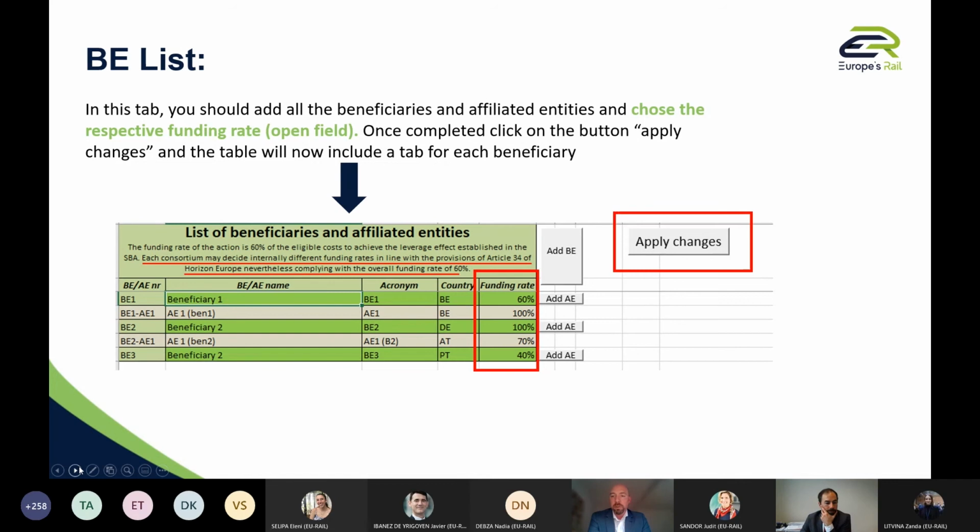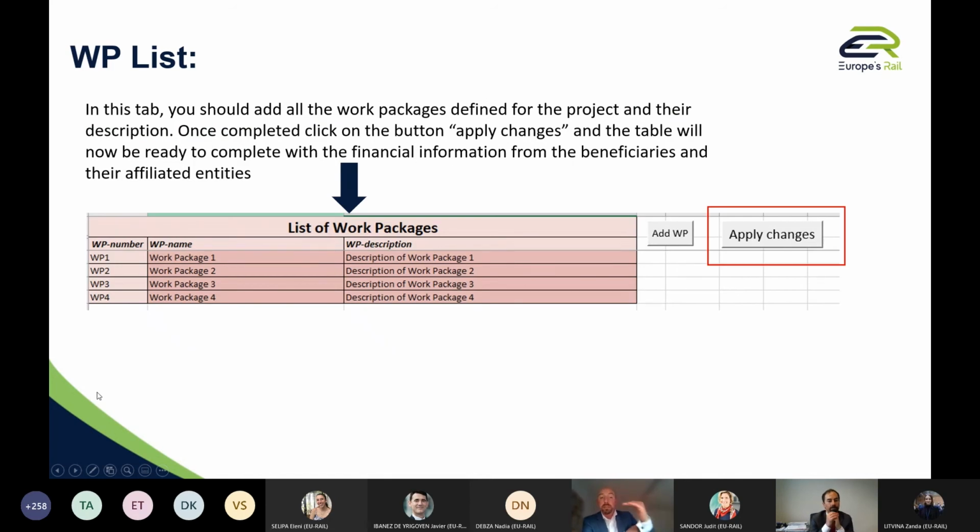Next slide, please, Jojo. And this is where you start building the project with the identification of the work packages. So here it's quite straightforward. You give a name, a description, and once it's over, you apply changes. And keep in mind that you will always be paid at the end of the reporting period based on the number of work packages completed. So you should also build your proposal, ensuring that after each reporting period, you receive the amount of money corresponding to the activities delivered. Next, please.